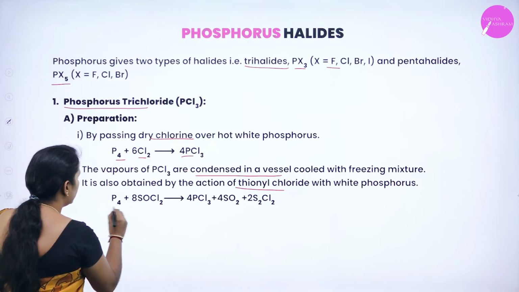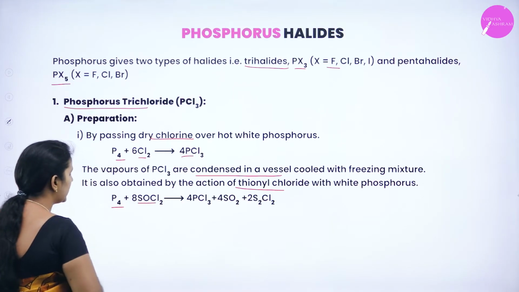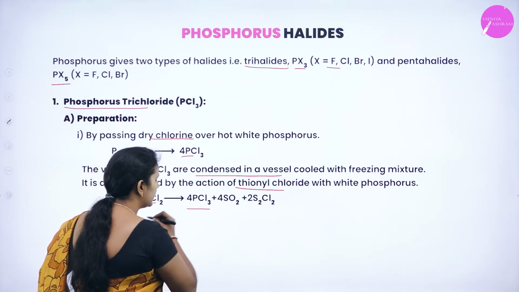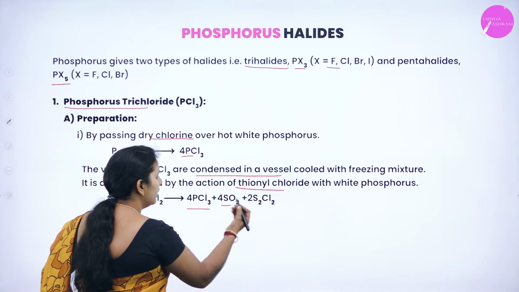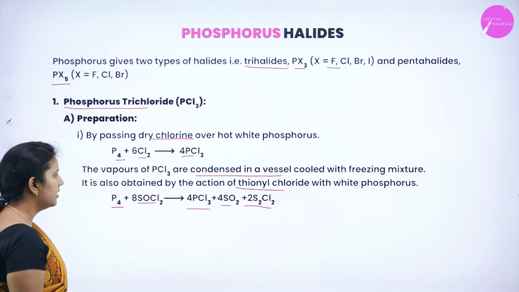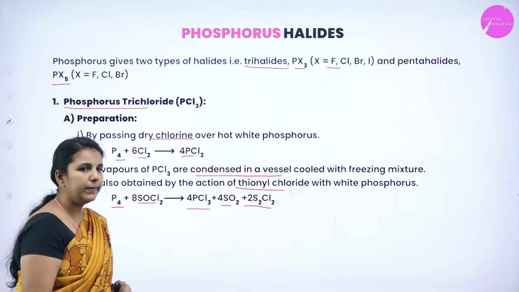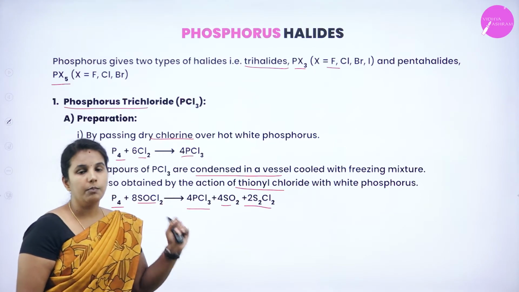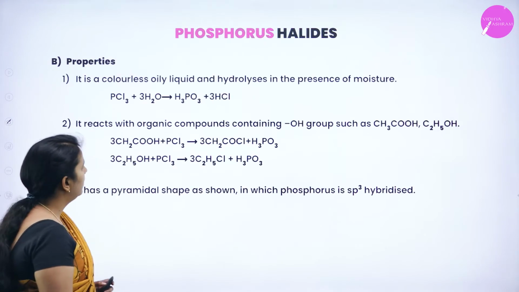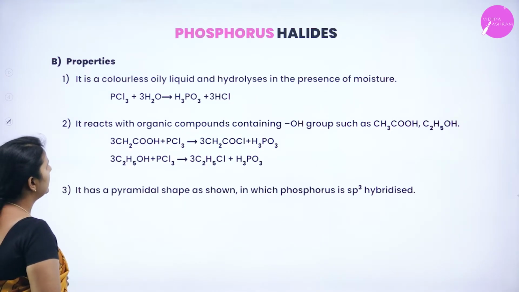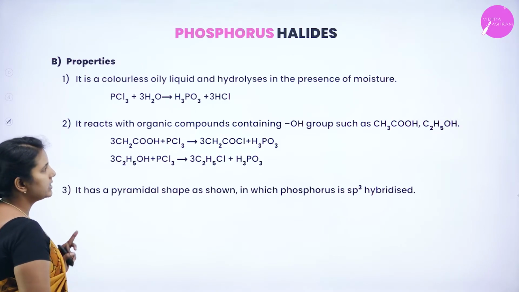So first I'll go with the white phosphorus, which is allowed to react with thionyl chloride. It forms a phosphorus halide, which is nothing but a phosphorus trihalide, with sulfur dioxide, and S2Cl2 gas will be released. This indicates that the PSCl3 also reacts with thionyl chloride to give a phosphorus trihalide. And coming to the properties of these phosphorus halides, it is a colorless and oily liquid,